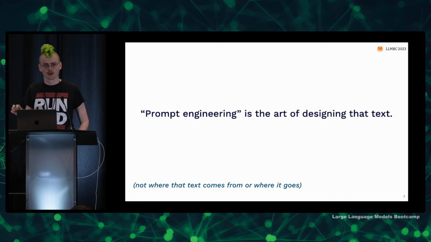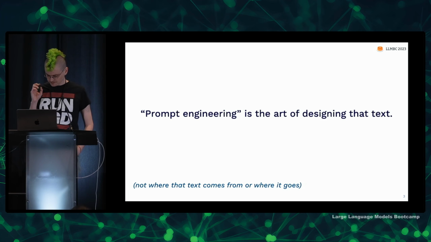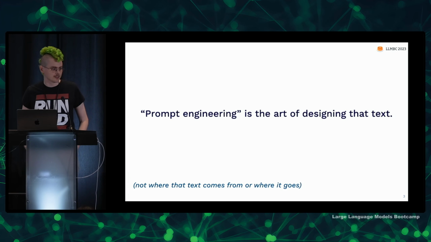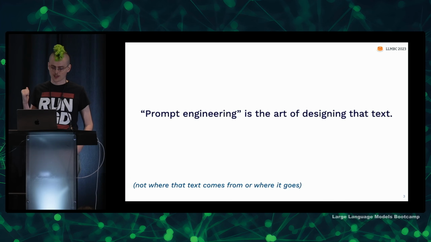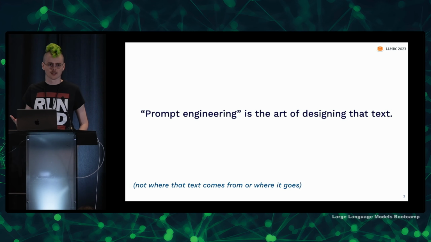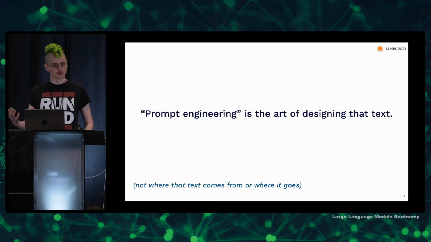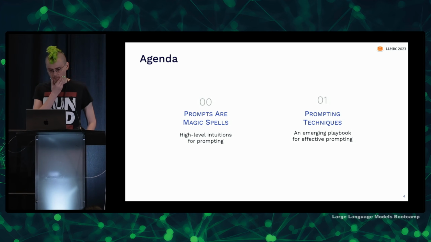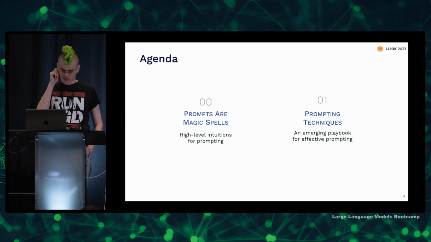So we're just thinking about what kind of text I put into my language model to get it to perform the task that I want it to do. And for language models, this is replacing a lot of things that you would otherwise do with training, with fine-tuning, with all the approaches that we've taken for constructing machine learning models in the past. It's also, in a sense, the way that we program these language models. It's like programming in English instead of programming in Python or Rust or whatever.